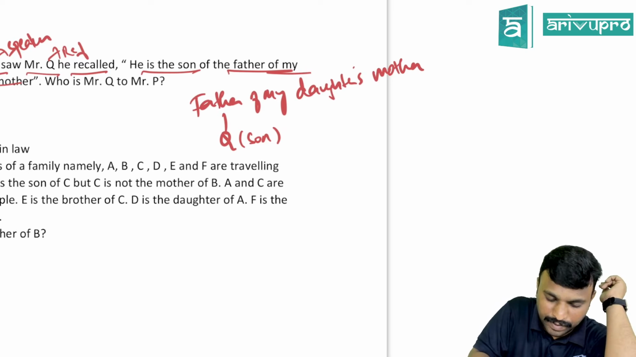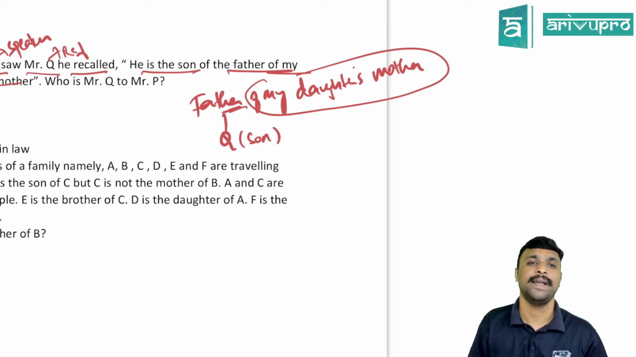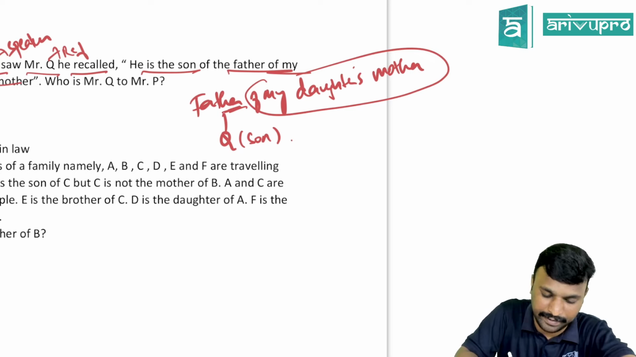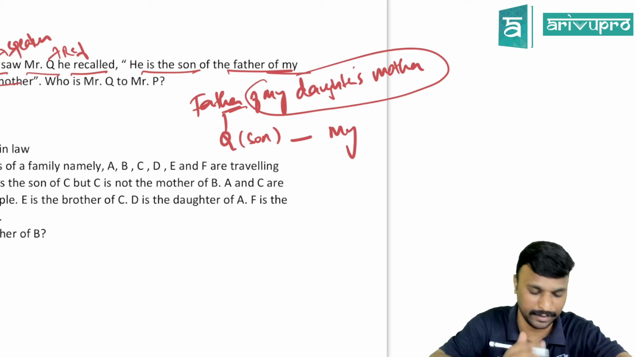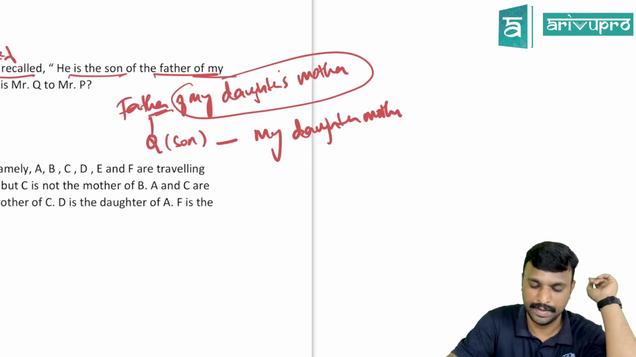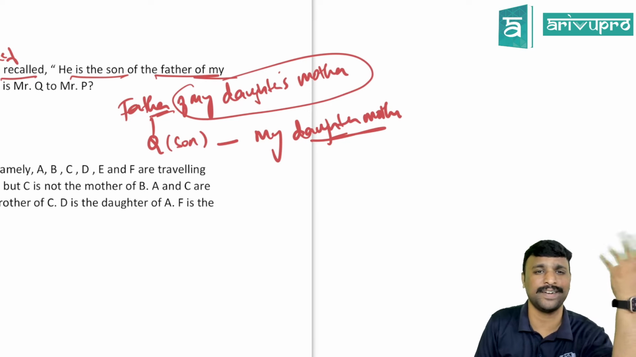So he is a father of someone. Who is that someone? My daughter's mother. Guys, my daughter's mother will be definitely here. I mean, below the father, my daughter's mother should be definitely here. So my daughter's mother is here, definitely myself. See, my daughter's mother